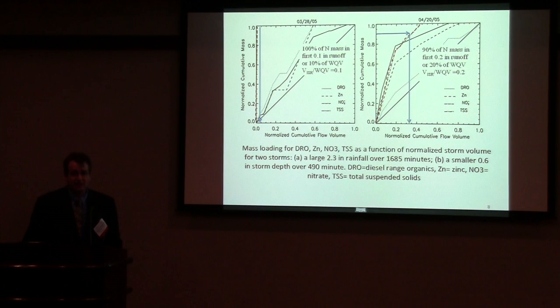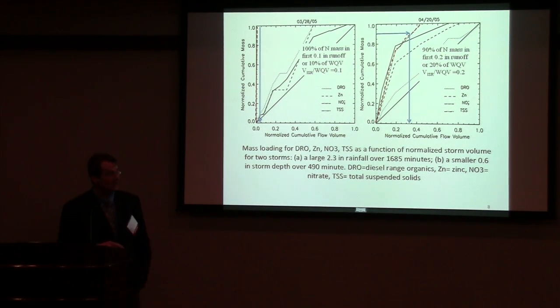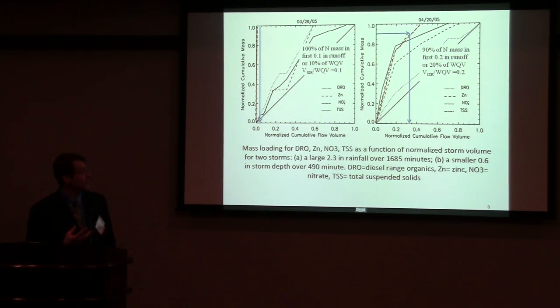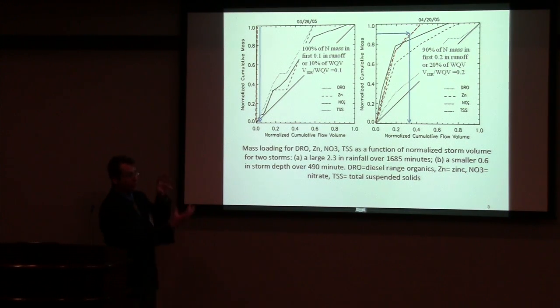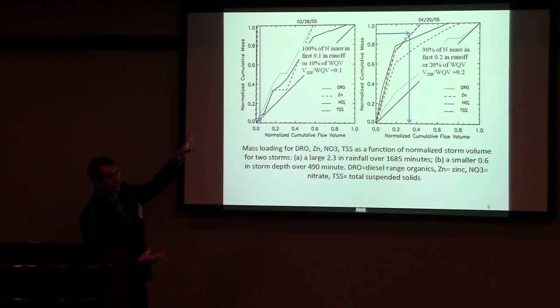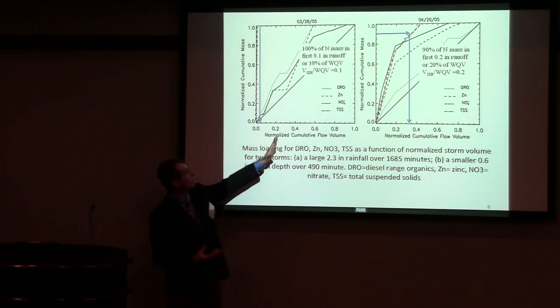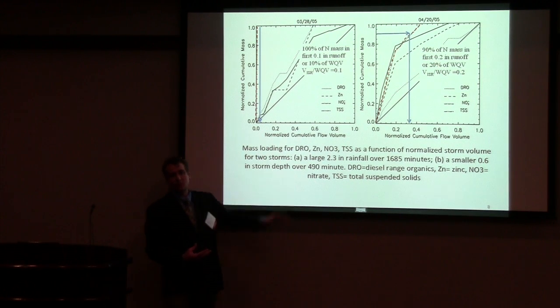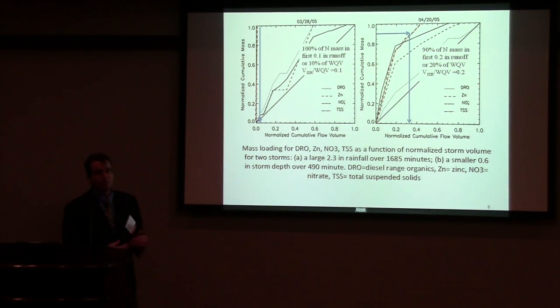Some of the early studies we did, when we were taking lots and lots of samples as we developed these, are very busy. This is to impress you with the enormous giant data sets that we're building. Well, the thing you can take away from this particular graph is these are normalized. We normalized the cumulative mass per pollutant and the cumulative volume of water, and so this is a first flush weighted graph. So the further the bar is to, I guess you'd say the left, the more first flush weighted